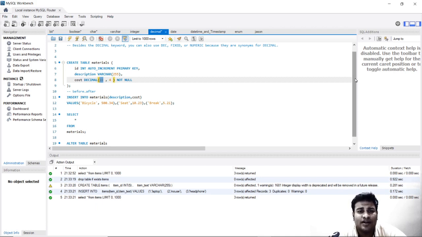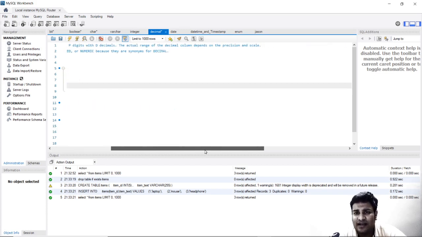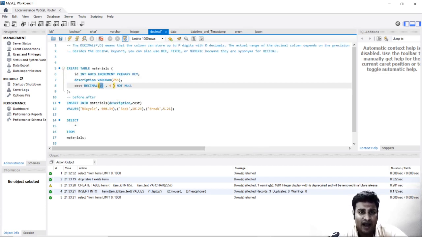So it can have in total 19 digits, which is called the precision. And then it has scale, which is after the dot, where it can have 4. So before the dot, it can have 15, which is 19 minus 4. After the dot, it can have 4, before the dot it can have 15, and in total it can have 19. Makes sense? Now, what I will do, I will go ahead and change this to 3, less than 4. So it will give an error.